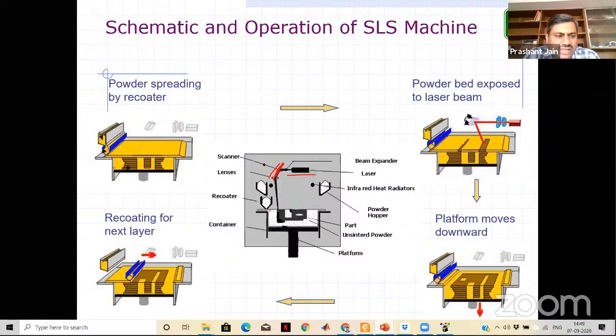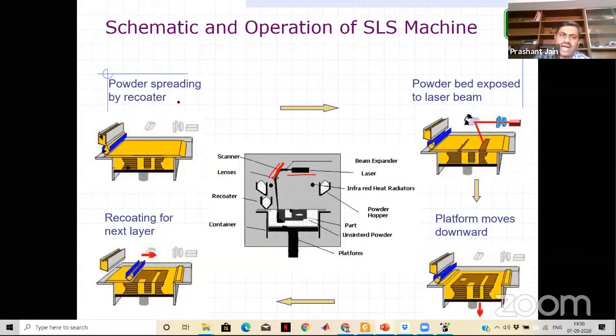So in the selective laser sintering process, powder is not completely melted. It is sintered. Two powder particles join with each other just by sintering. So neck formation will take place and the powder particles will join with each other, right? In this case, the remaining 4-5 degrees centigrade temperature rise will occur by this laser line.